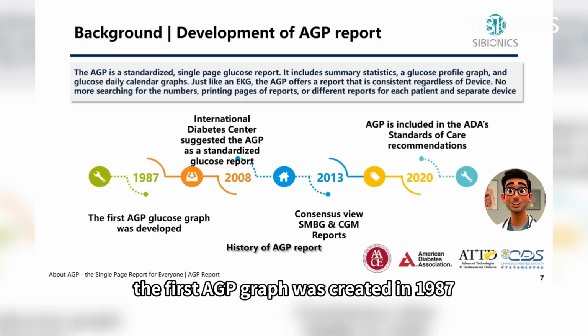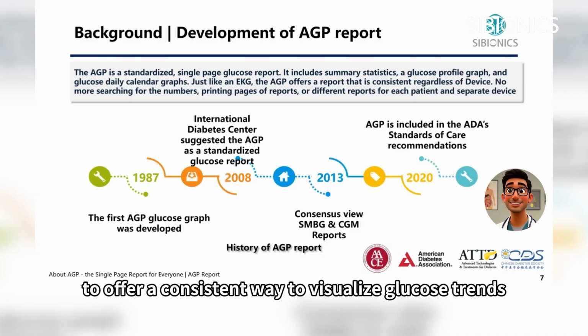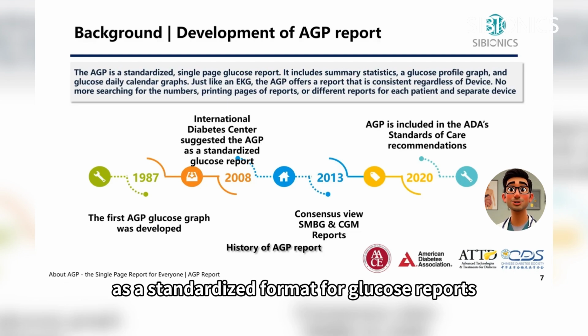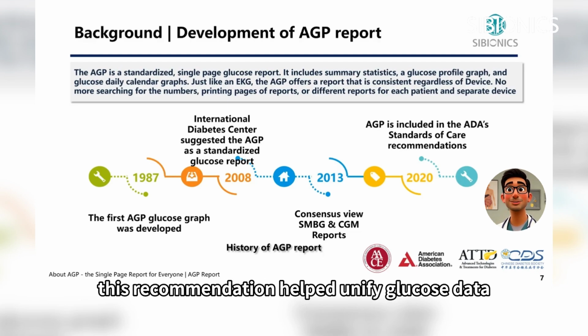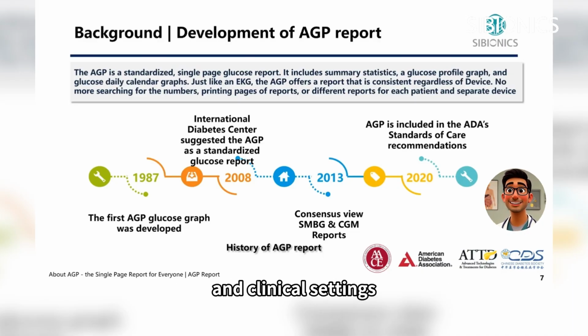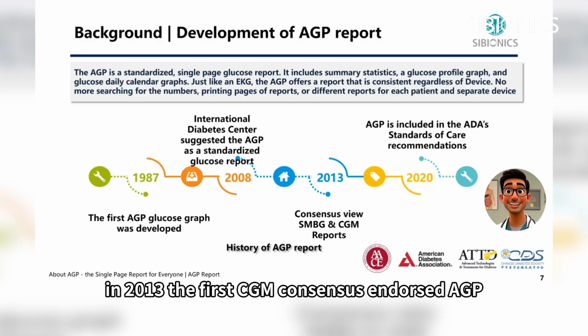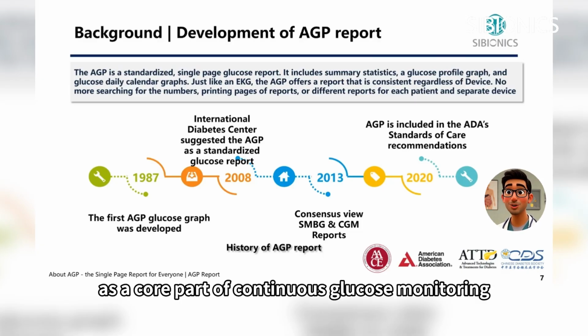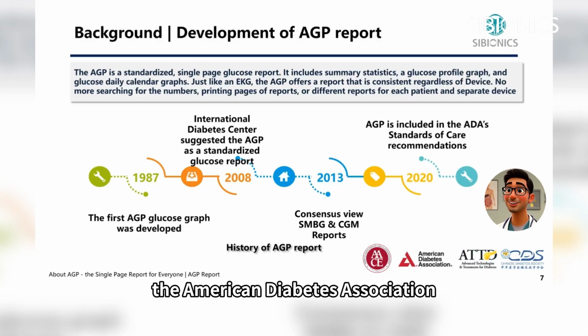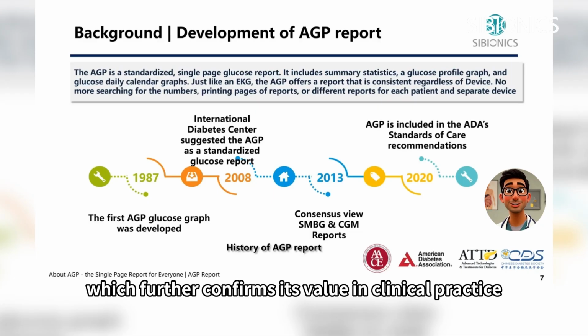The first AGP graph was created in 1987 to offer a consistent way to visualize glucose trends. In 2008, the International Diabetes Center proposed AGP as a standardized format for glucose reports. This recommendation helped unify glucose data presentation across different devices and clinical settings. In 2013, the first CGM consensus endorsed AGP as a core part of continuous glucose monitoring. Since 2020, AGP has also been included in the American Diabetes Association Standards of Care, which further confirms its value